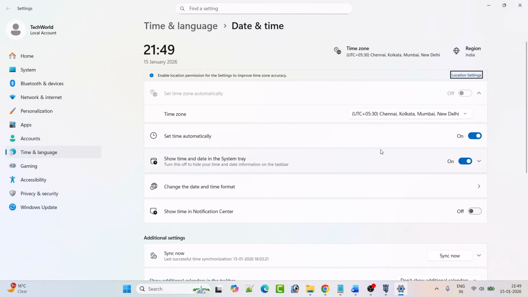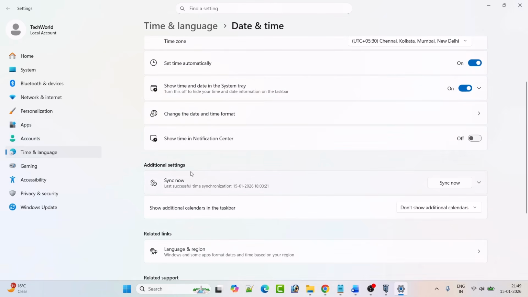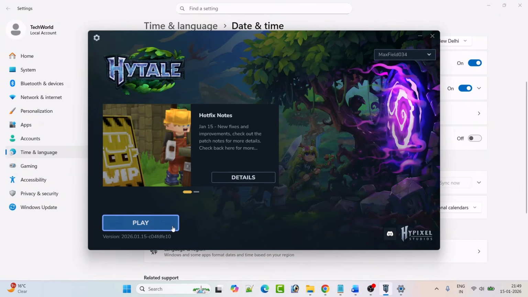Now make sure that date and time is correctly set up. Scroll down. In additional settings you will see sync now. Click on this sync now button and just wait. And after this synchronization has been completed, then you can go ahead, launch the game and check if the problem